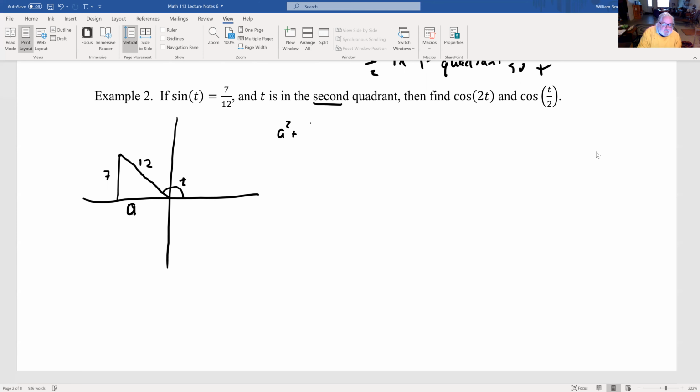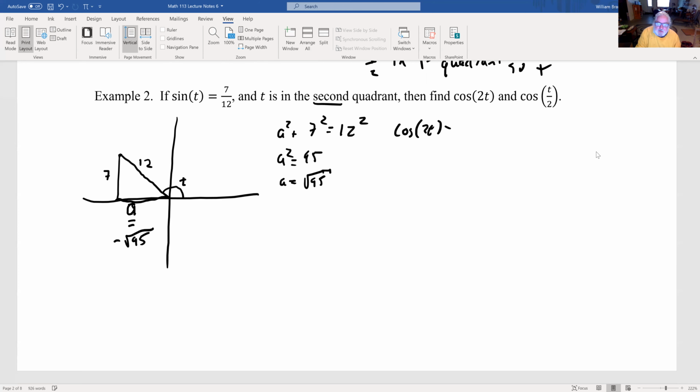A squared plus 7 squared equals 12 squared, and you can multiply that out a little bit. And we get a squared equals 95. So a is square root 95 as a length, but it's to the left, right? So it's a negative x value, so minus square root of 95. That's a. Cosine 2t,